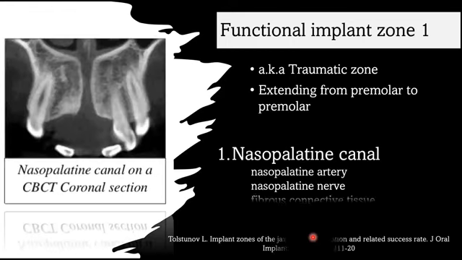Coming to the functional zones, functional zone 1, also known as the traumatic zone, consists of the alveolar ridge of the premaxilla and the teeth from the right to the left premolar region. It exhibits the greatest loss of bone after tooth loss or extraction, which occurs in the labiopalatal or horizontal direction, mainly on the facial aspect of the alveolar ridge. Any bone loss in this region is crucial due to its aesthetic risk with dental implants, and if severe bone loss occurs, the implants are harder to place in an aesthetically favorable position.